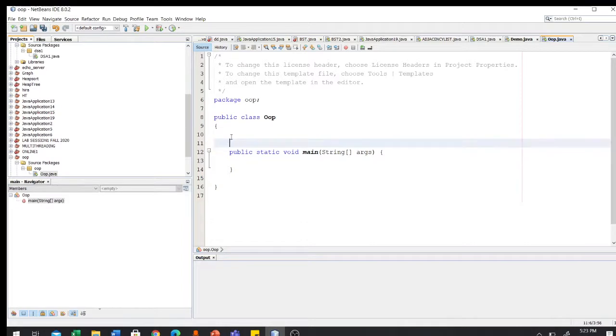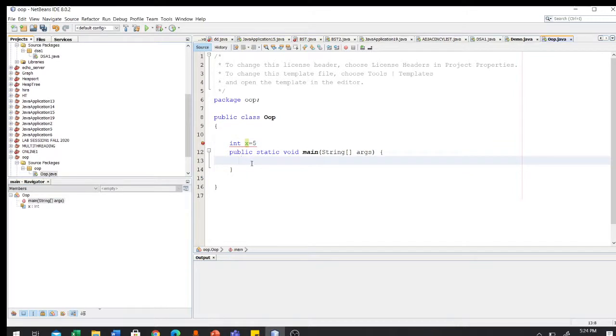Here you can call your class. Now I am writing some variables here. For example, a single declaration of an integer value, int x equal to 5. Now I am creating an object here, and in Java an object is created from a class. We have already created the class named oop, so now we can use it to create an object.